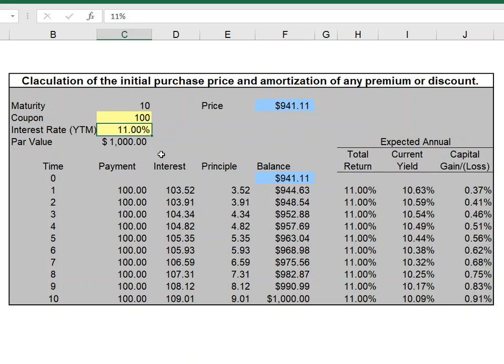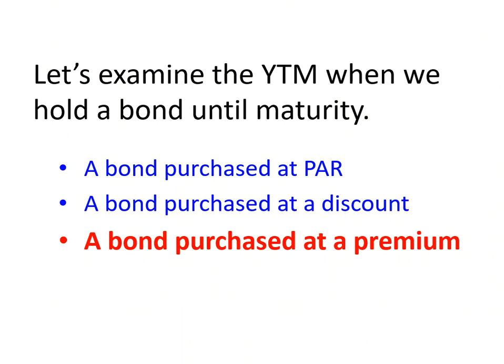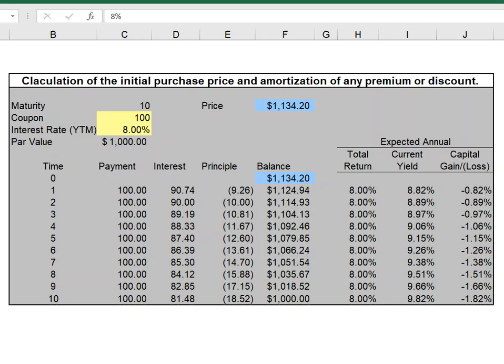And we'll be assured of earning this return, provided we hold the bond to maturity or interest rates don't change. Now let's consider a bond purchased at a premium. If we require an 8% return, we will be willing to pay $1,134 for this bond, but of course we'll only get $1,000 back at maturity, so over time we're expecting the bond to decrease in value, resulting in an expected capital loss. But notice, every year our current yield plus that expected capital loss equals our total return or our expected yield